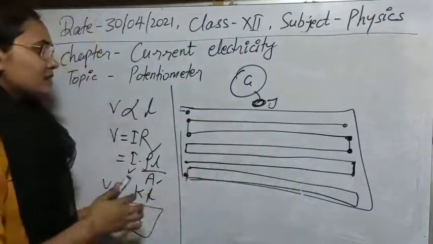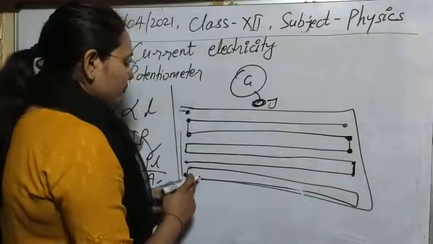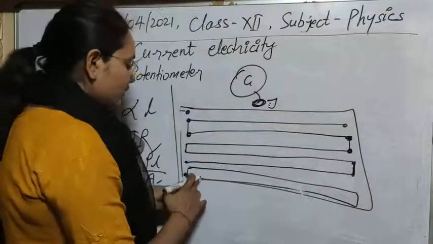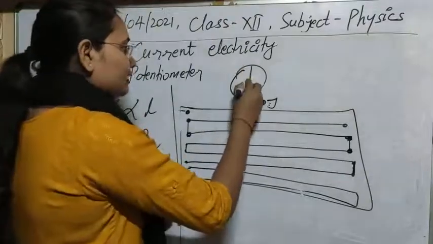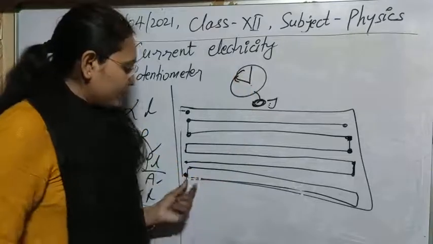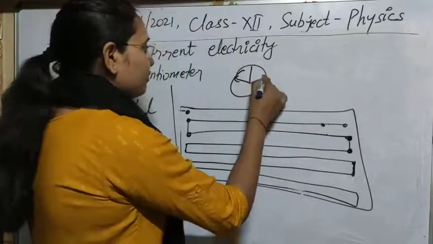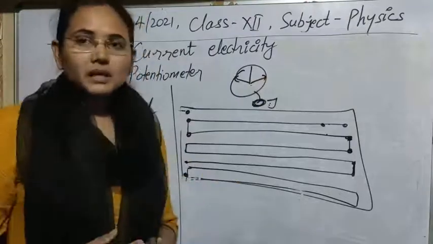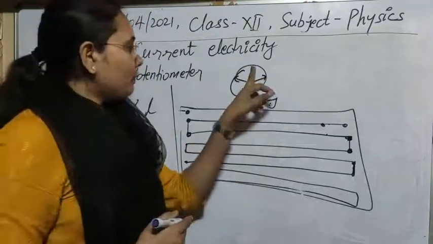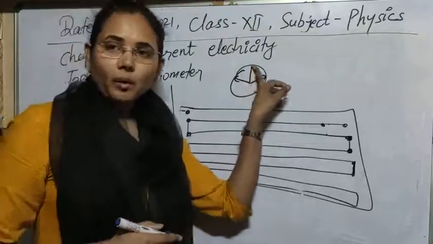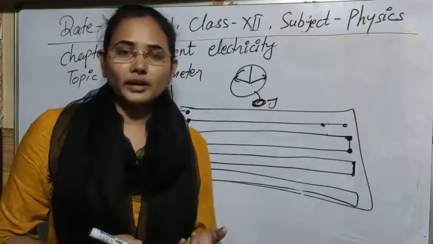For that we are using a jockey and moving it over this wire. After the movement, if you attach the jockey here, suppose the galvanometer deflection is on the left side, then if you attach it anywhere else on this wire, it will be on the right side. So it means that between these two points, anywhere, a point will be obtained where we get the null point, or zero current.